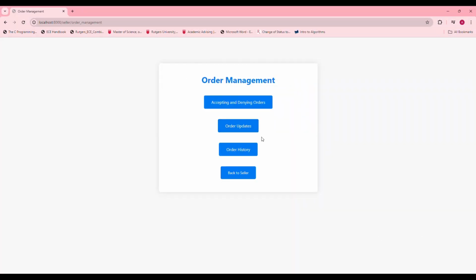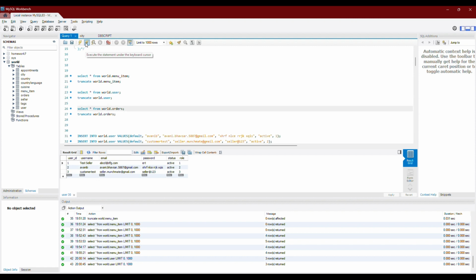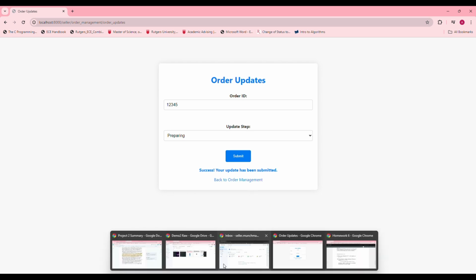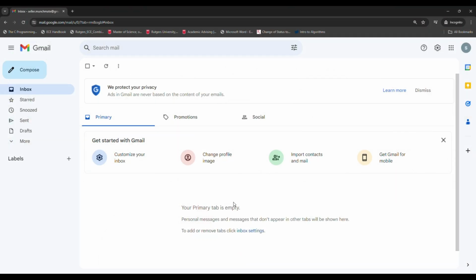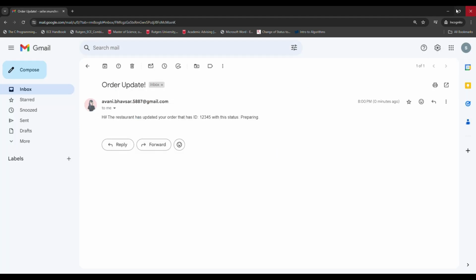Order Management Use Case 3S. A new feature that the seller interface has implemented is sending order status updates to customers' Gmail accounts. 2 tables from the database are necessary to perform this operation: the user table and the orders table. So, how this feature works is that after the seller accepts an order, they get the order ID of the